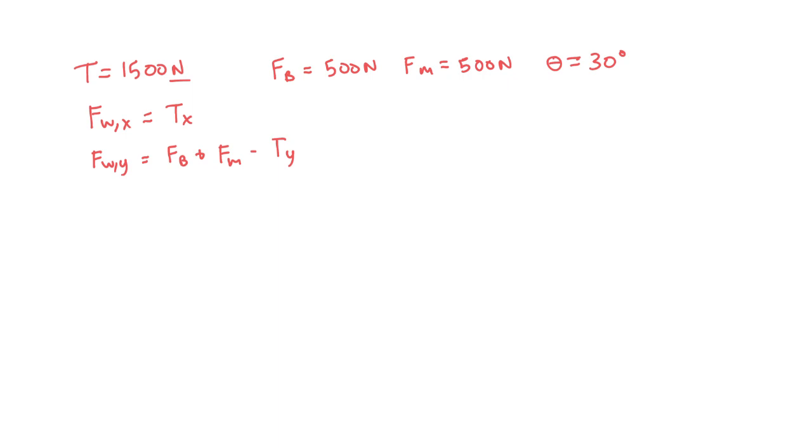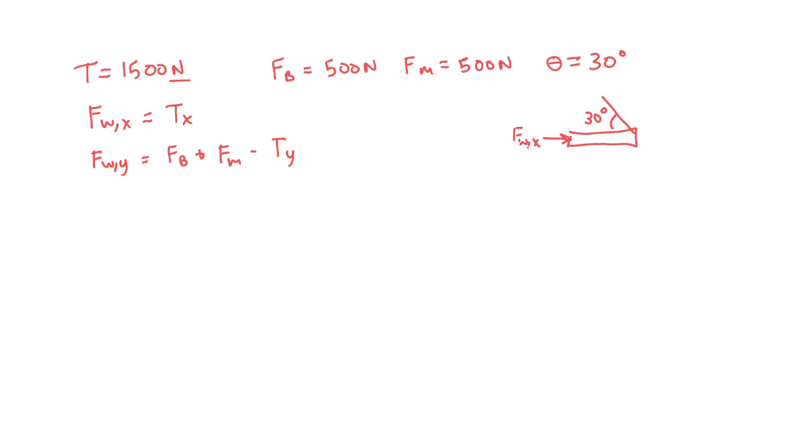The force of the bar is 500 newtons. So that's 50 kilograms times 10 newtons per kilogram. And then the force of the hanging mass is 500 newtons. Theta is the angle between the bar and the cable that's keeping it held up. Our equation for the force on the wall, so that's this force here,